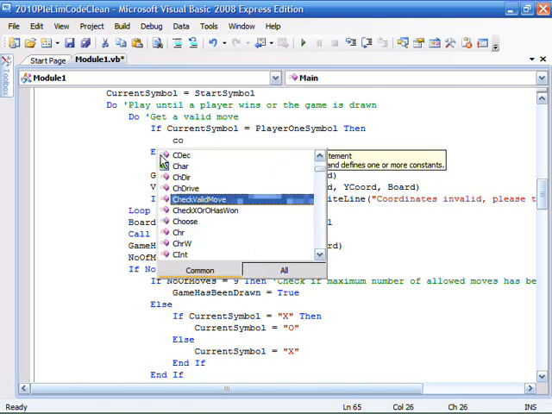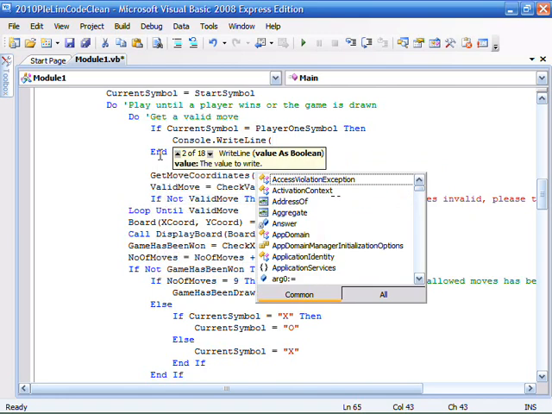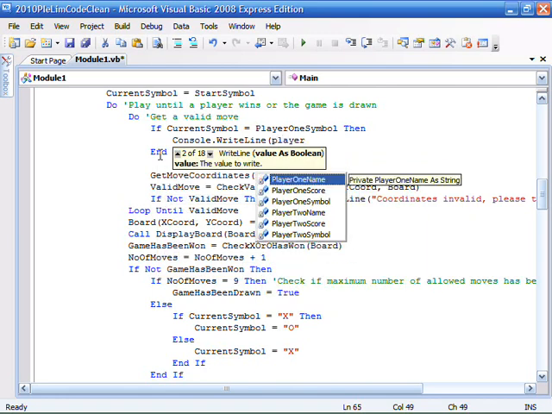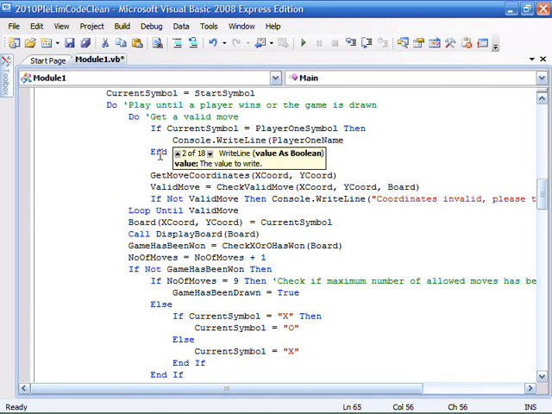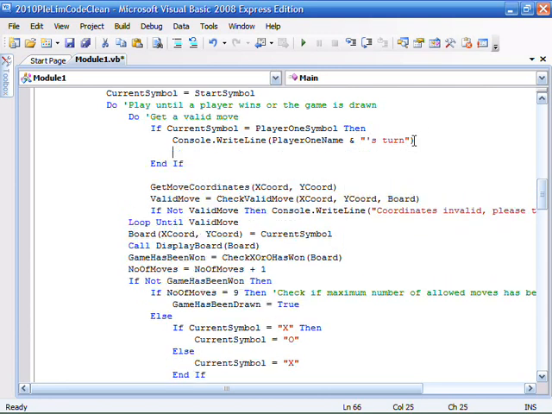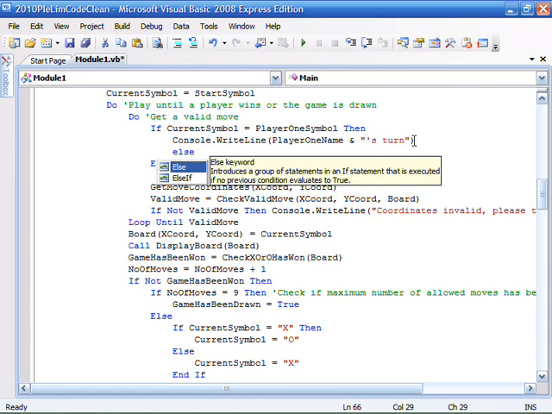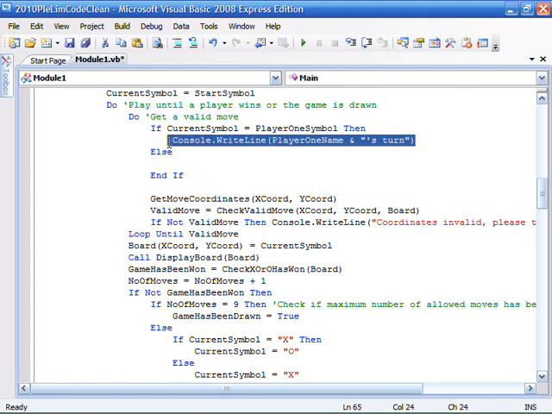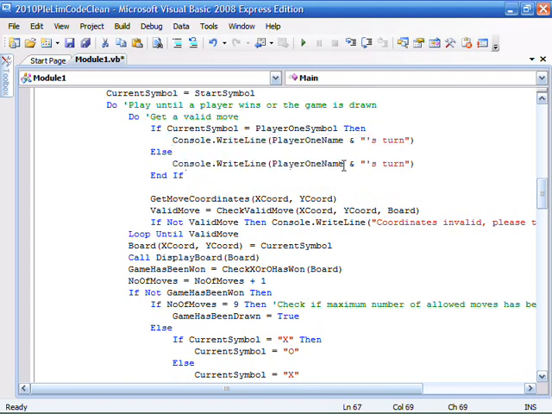So we're going to use player1 name. So that would simply show their name. So let's concatenate a little thing that says turn, and I've used a little apostrophe S straight after the concatenation with no spaces, so it will say Joe's turn or vice versa. And we'll have a little else statement, and I'm going to copy and paste this, but this is obviously going to be